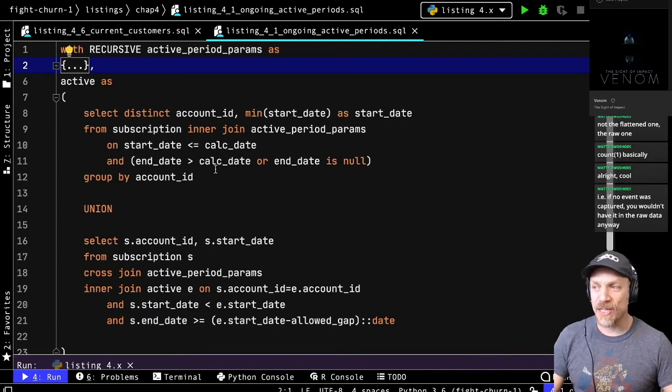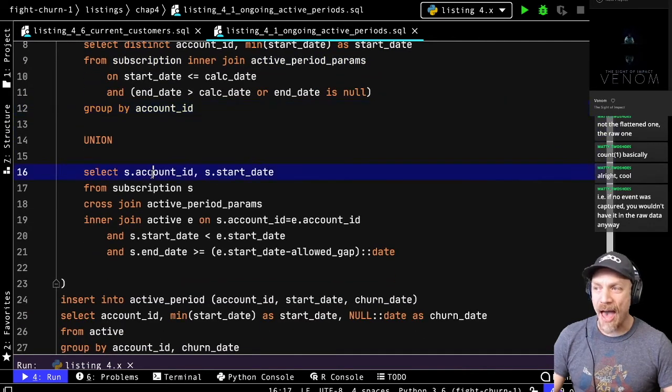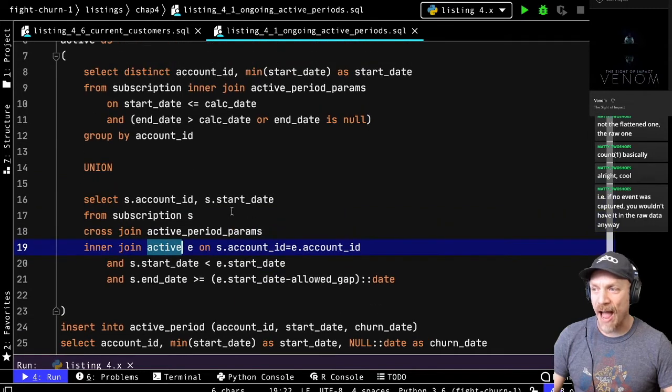So the initialization query selects account IDs and the minimum start date for the currently active subscription. Then the recursive query adds the account ID and the start date for earlier subscriptions. So we're selecting from subscriptions, joining with our earlier active.